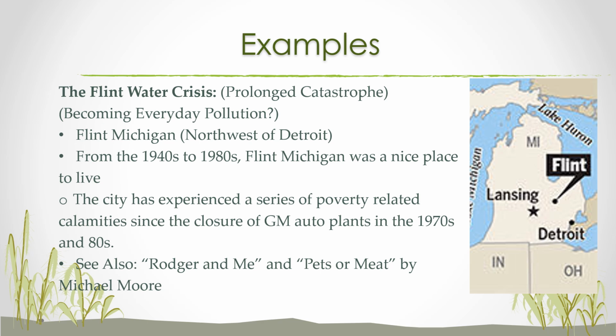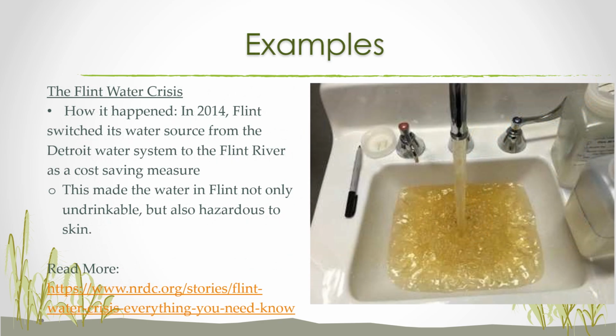But when that infrastructure breaks down, then decisions and choices have to be made for, well, what's best for the greater good? And one of those issues was that as a cost-saving measure, the city of Flint decided to stop getting its water from Detroit, which has an operational water system, and to start getting its water from the Flint River, which sounds preposterous because it's a very polluted river, but there were pieces of pre-existing infrastructure there from